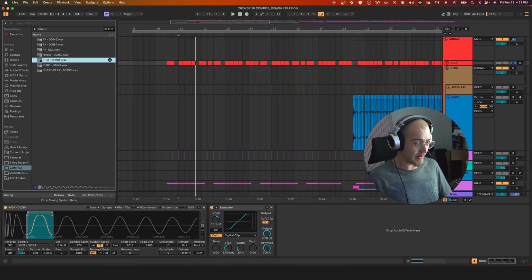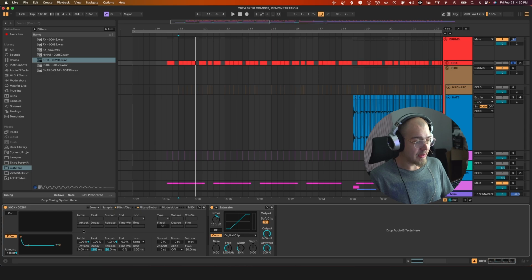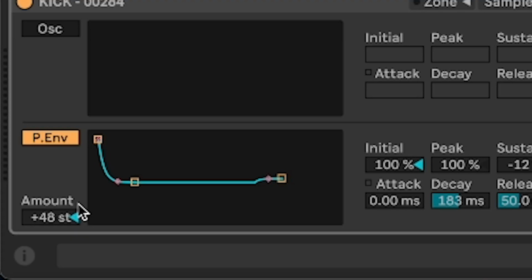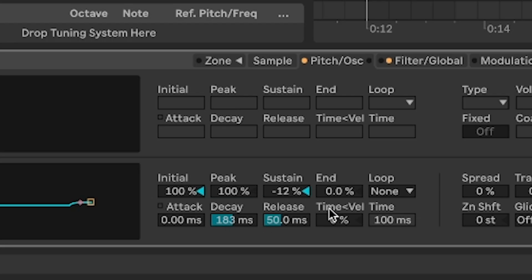it shows 2 forward arrows. That basically means it's going to play the sample once and then it's going to loop it, play it again and again and again and so on. And then I took the pitch envelope, I set it to begin at 48 semitones above the center line, and then I gave it a pretty short decay, a pretty short release, and just kind of kept the sustain around